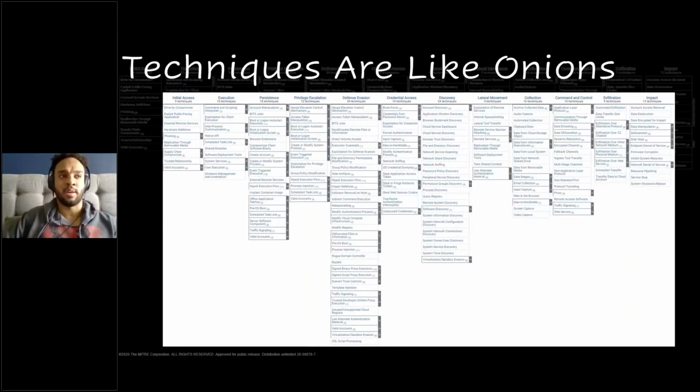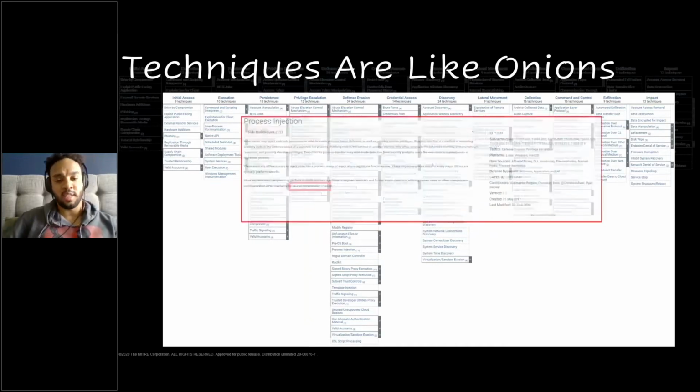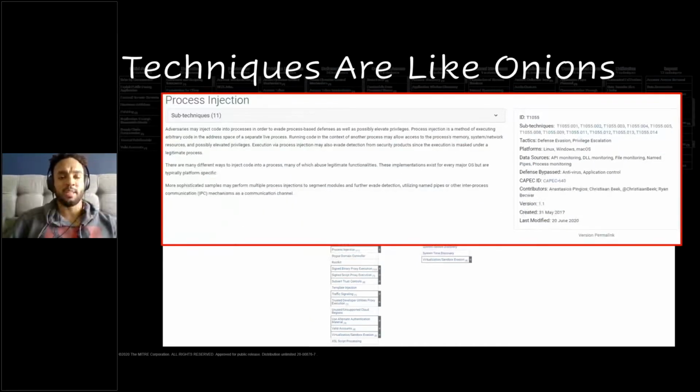But what makes ATT&CK special or different from a typical kill chain is that, coming down from all those tactics, we have what we call techniques. These are how an adversary would actually achieve those objectives. In this case, I'm going to highlight process injection. Process injection is something an adversary would do to inject arbitrary code into a separate process. Particularly, as you see the tactics align with it, it's for the purposes of either elevating privileges, so injecting into something that has permissions that the original malicious process doesn't have,